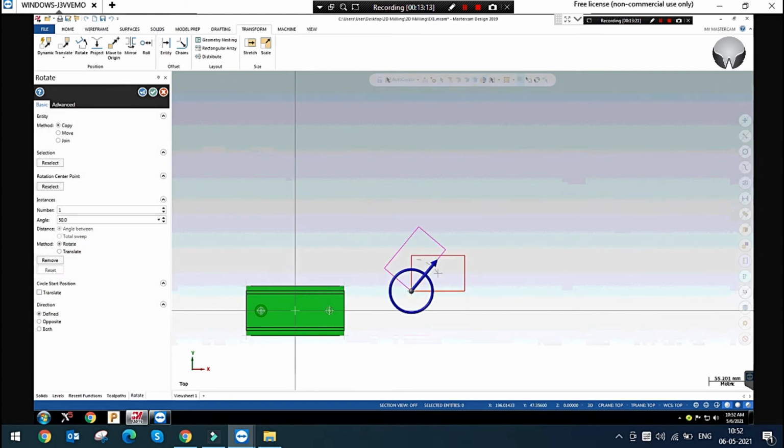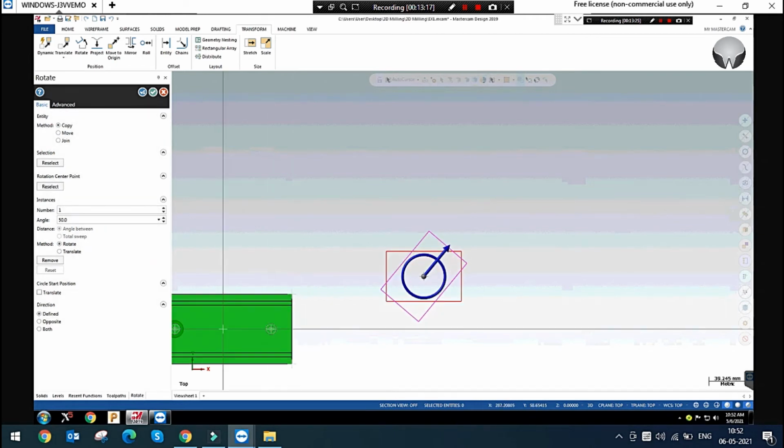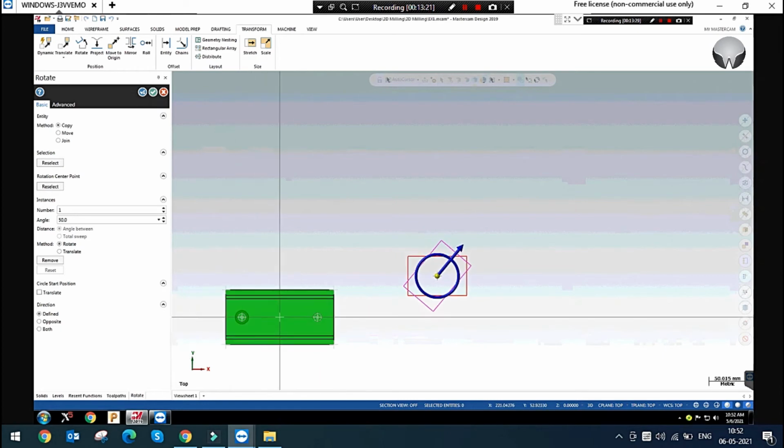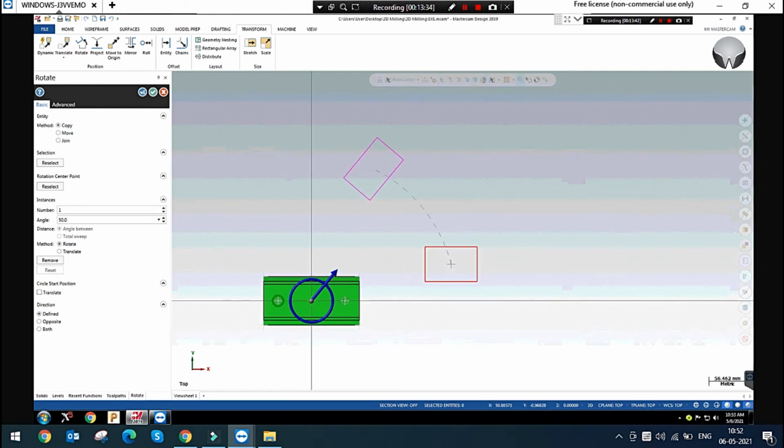Between this origin, it has been rotated from the angle. This is the default origin, right? In this default origin, this is 0 degree. X-axis is 0 degree, right? Y-axis 90 degree. And it has been moved between 0 and 90, at 50 degree.